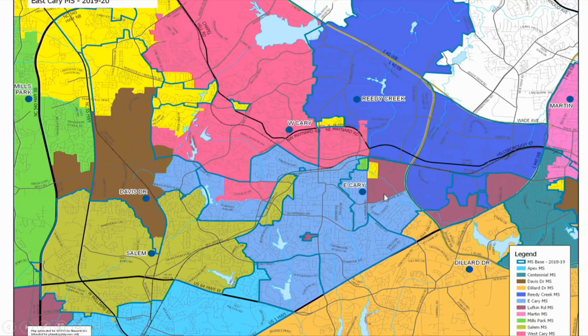East Cary used to include Adams here, which is in this darker color. It had a section over here that was part of the Carpenter, and then a section out of the screen here that was the Kitts Creek and Providence Place area. Those were the base attendance areas for East Cary when it was proposed as a year-round middle school.